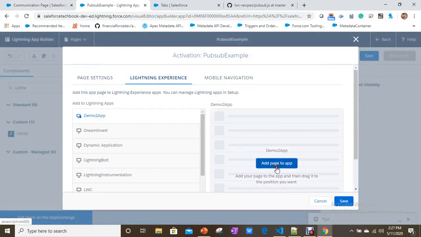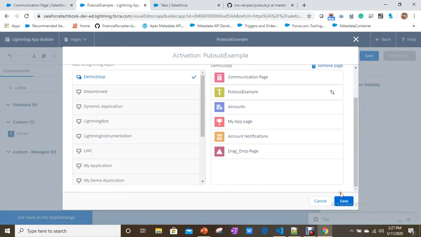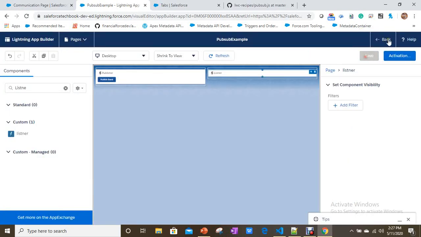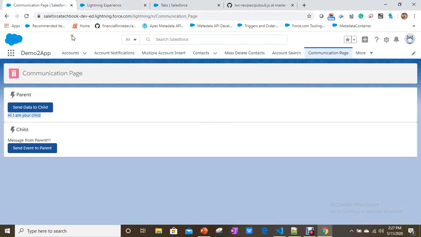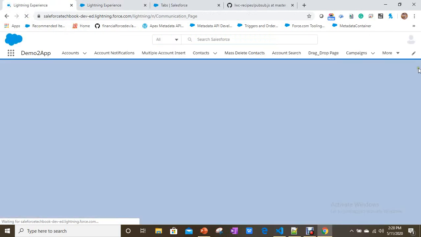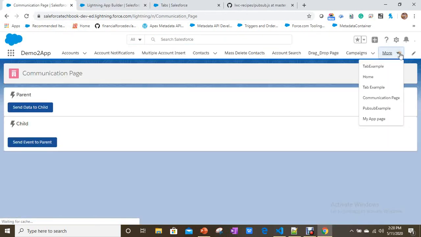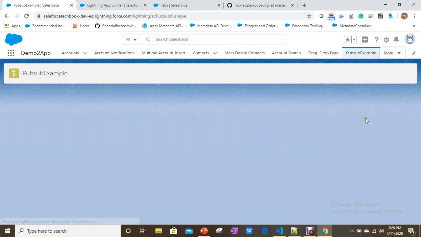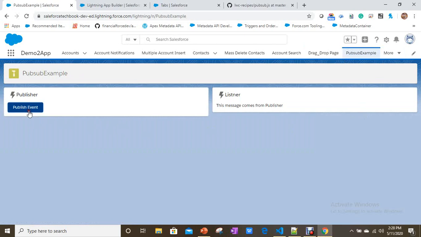Lightning experience, add page to this one, PubSub example, save. So let's see our demo 2 app, PubSub example. See, this message comes from the publisher.